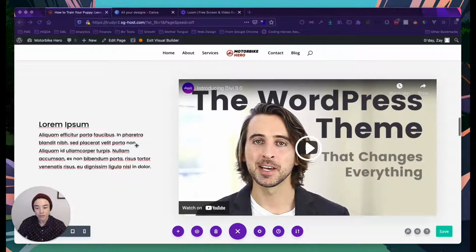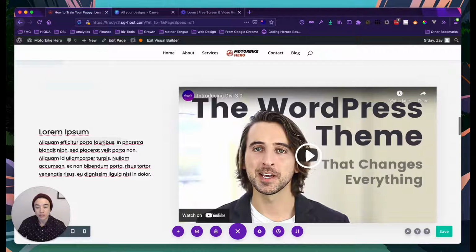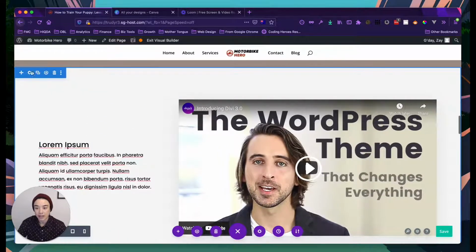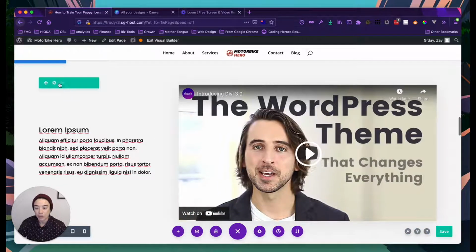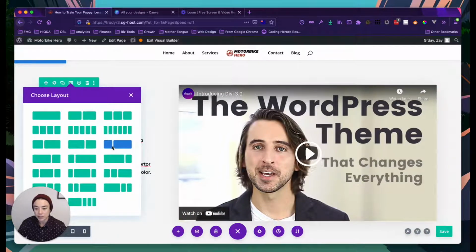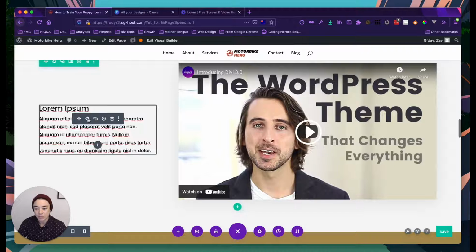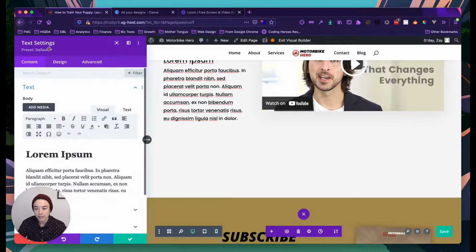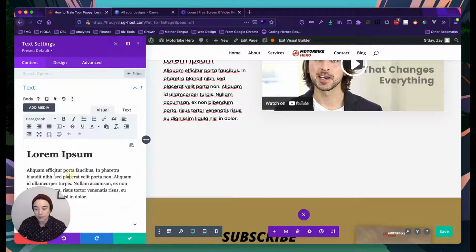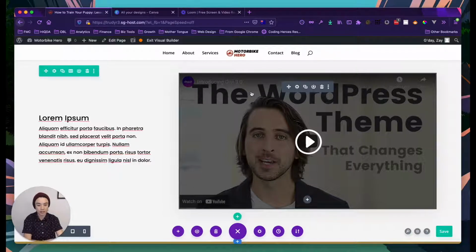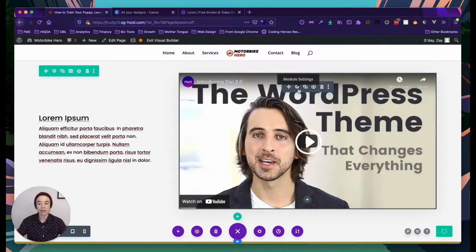Okay, so first of all, let's style it. Currently we have this section. It contains a row with 2 columns. The columns are this size here, so a smaller one on the left and a large one on the right. And within those columns we have a text module, see, text settings with a heading 1 and some paragraph underneath. And we also have a video module right here,